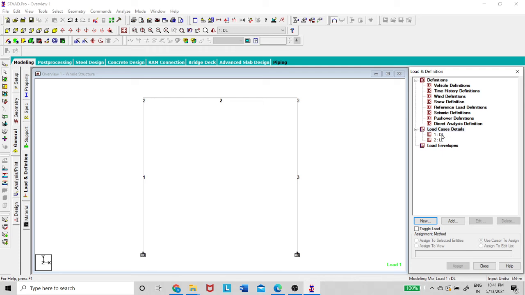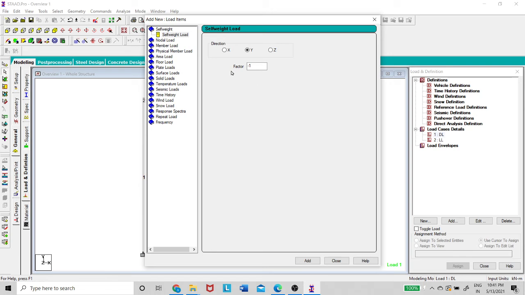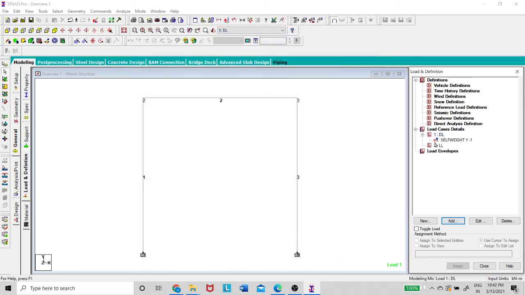First you select the dead load and now you press add. In the dead load, I wanted to add the self weight. The self weight direction is always in the y direction, that is the gravity, and here the y direction is from bottom to top, but the load always acts from top to bottom, so I have to give a factor of -1. This is very, very important. The default one is minus, you have to keep it as it is, and you press add. Okay, close. Now you can see there is a red question mark.